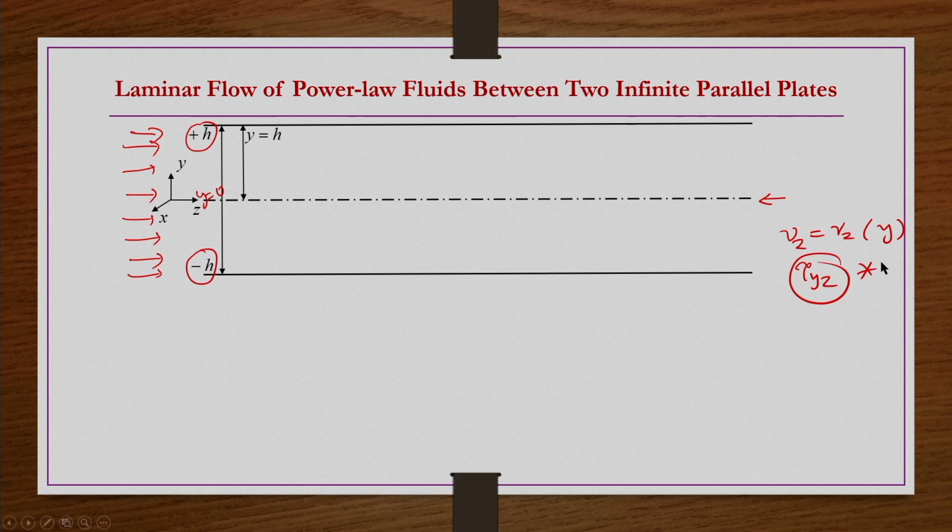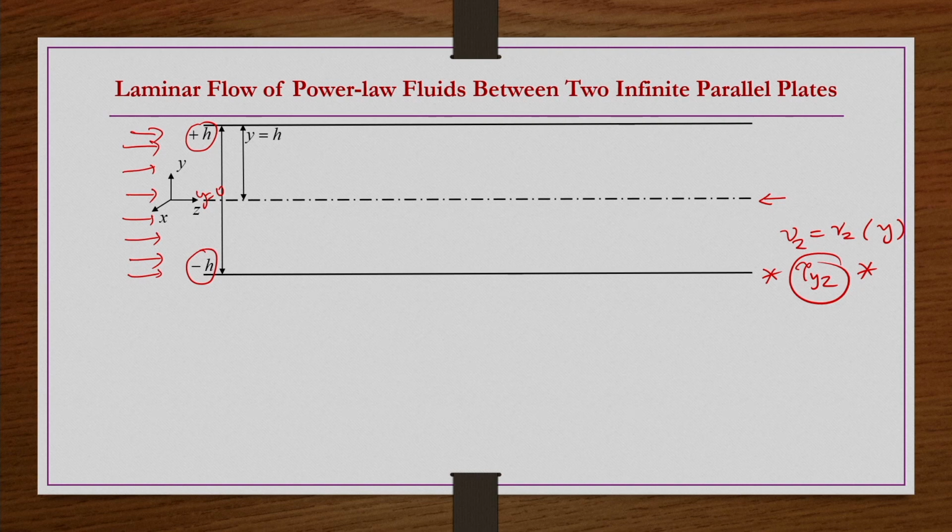When we solve this problem, the primary aim is to get the expression for tau yz. In the case of pipe flow it was tau rz. If you have another geometry like an inclined surface, which we are going to see, there you may have tau xz or something else depending on the geometry and the coordinate system selected. If you have that information about the shear stress, then everything after that is straightforward mathematical simplification to get the velocity profile, the volumetric flow rate etc., or even the friction factor.